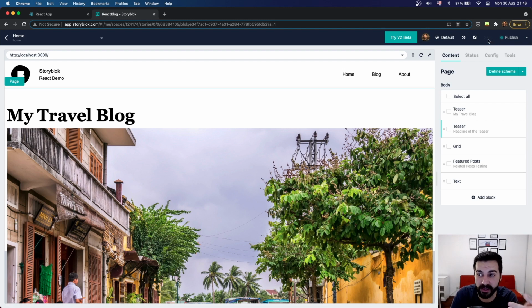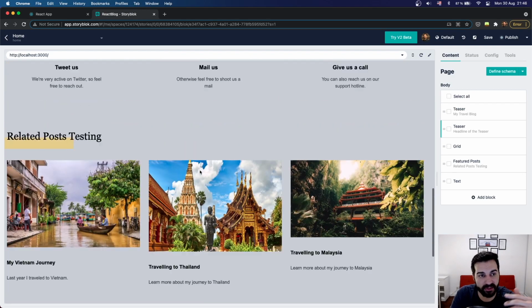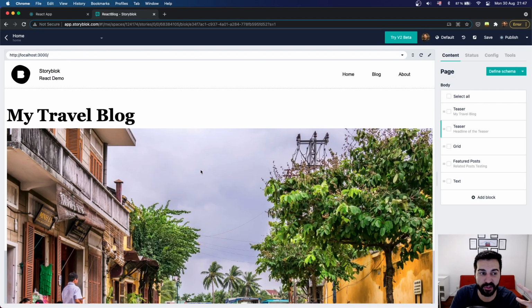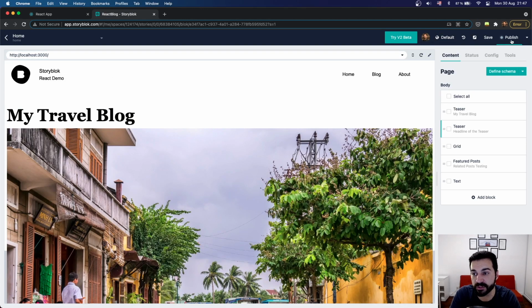I mean, if I click here on save, what we are doing is editing the draft version of my story. That probably we can say, I don't know, the testing environment or the staging environment will consume the draft version of our story. We can even publish it and see it in production, the story that I just created. And doing this, what we can do is giving the possibility to the content editors to create content like blog posts or different pages for a website without having to do a deploy or requesting changes or requesting certain steps of a workflow to the